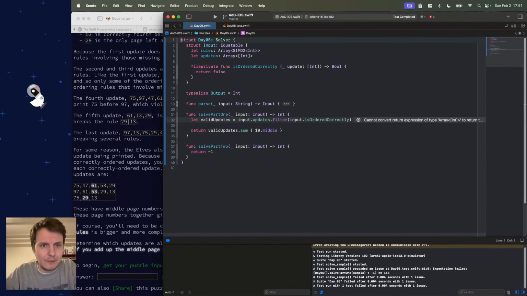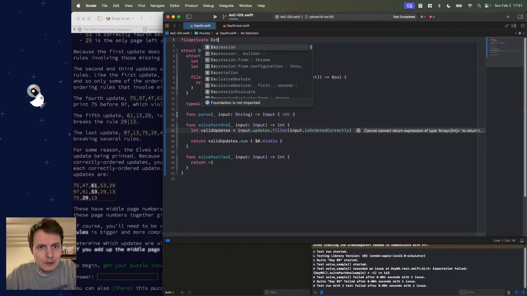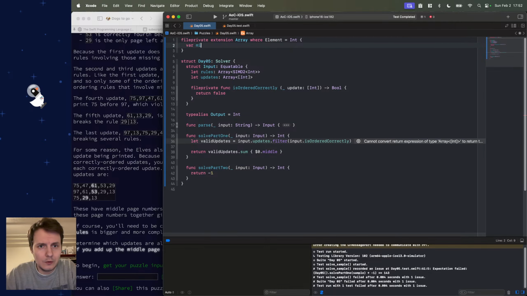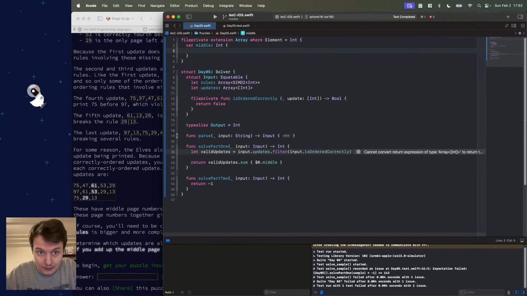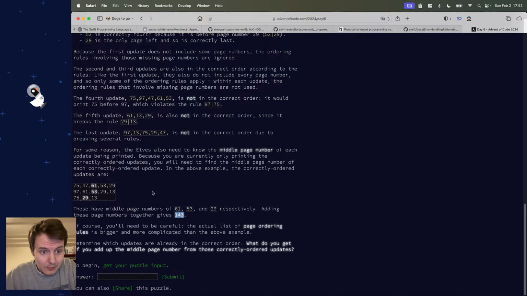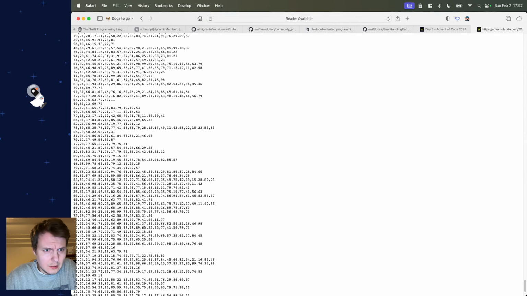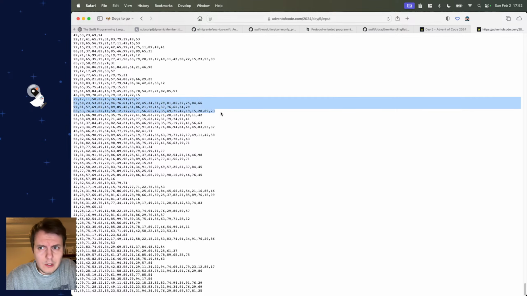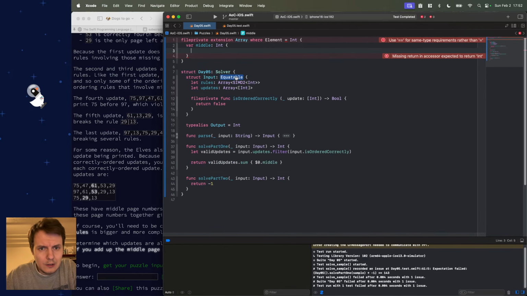And we're gonna make a file private extension to array where element is int called middle that will return an int, and because I imagine it's always an odd number, let's see how many numbers are here. Or actually